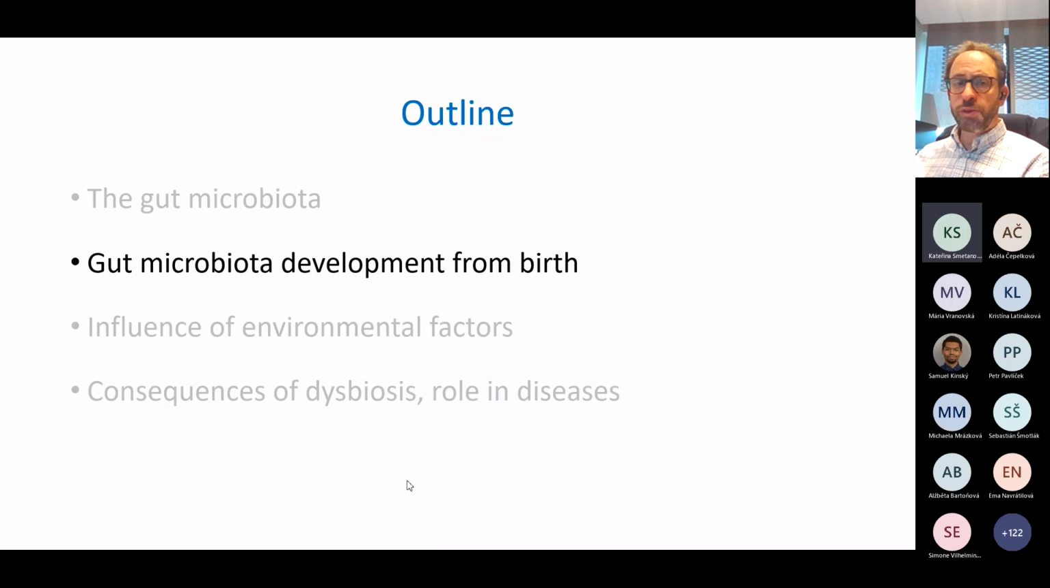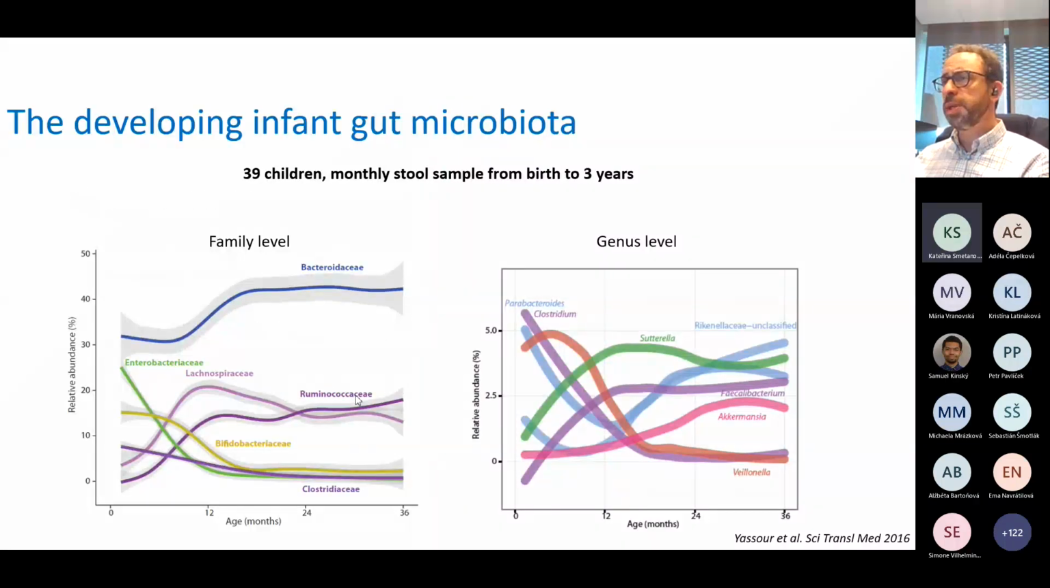So let's move to the second aspect, which is the development from birth. It will be much shorter. So here, as I mentioned earlier, at birth, we are sterile. There is no living microorganism in the maternal uterus. And then at birth, there is a progressive colonization of our gut by different waves of colonizing